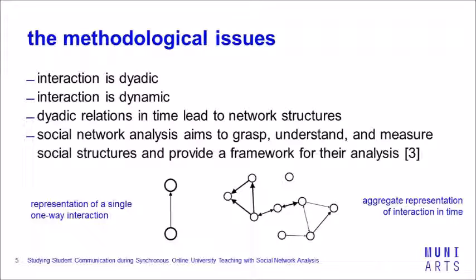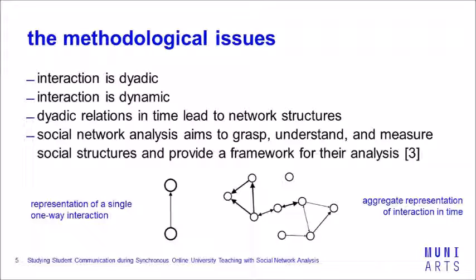Interaction is also dynamic. It means that it happens over time. It is often reciprocated, and it often happens in time, between many different actors. Now, why is this important? It's important because dyadic relations can be represented as graphs,